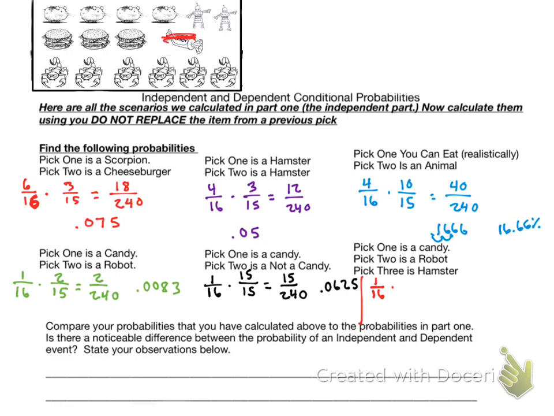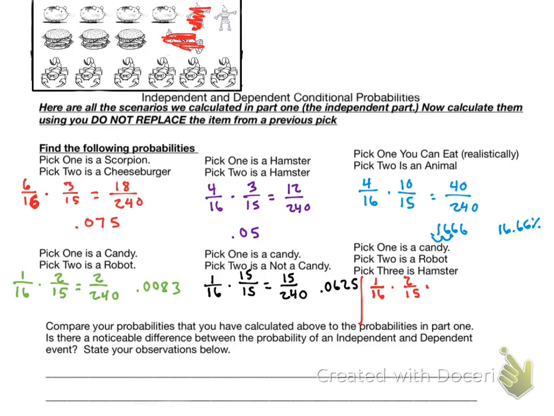And that's gone. Pick 2 is a robot. So we have 2 robots out of 15. All right, so we picked a robot, so we got to cross a robot out. And now for the third pick